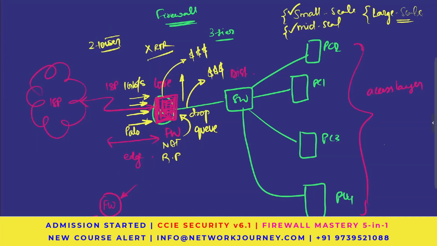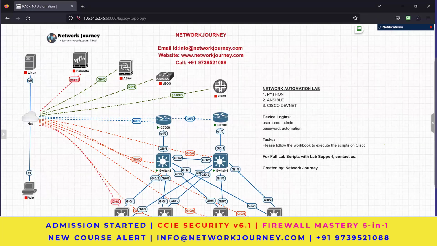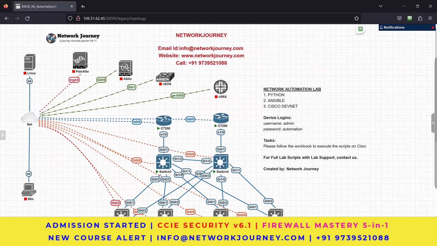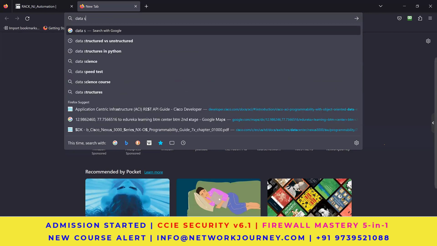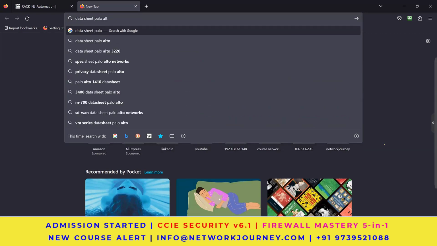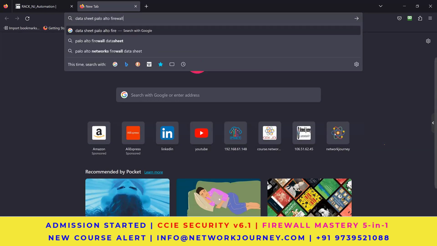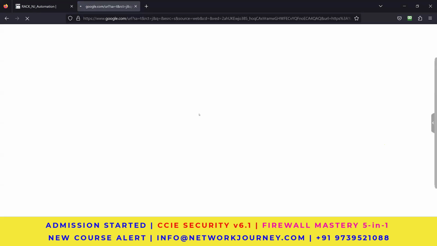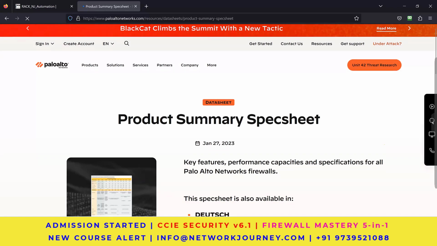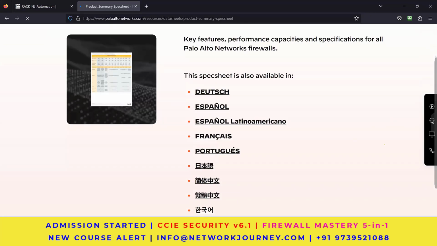And when you decide about considering the models, the design team will check the data flow of the devices. Okay. So it's called a data sheet. If you open a data sheet for Palo Alto firewalls, this is something which people would check before considering the purchase. So let's say if I go into,